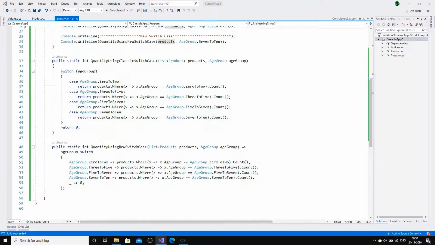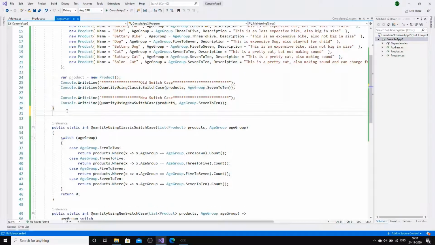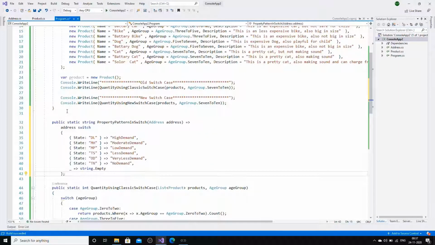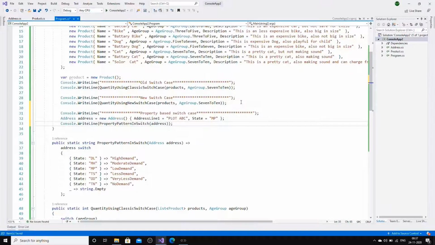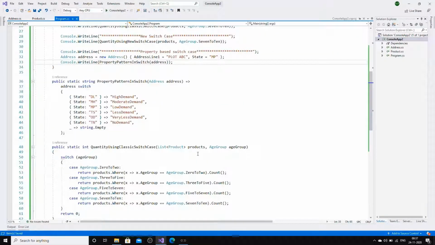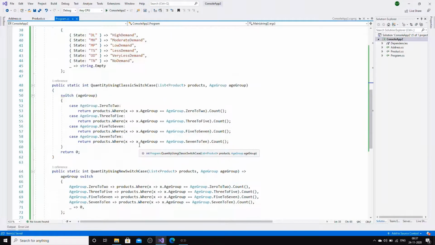Now we will go and create a property pattern based switch case function. Here I have passed address as an input parameter and the state property is used for creating cases. I will call this function from the main function.